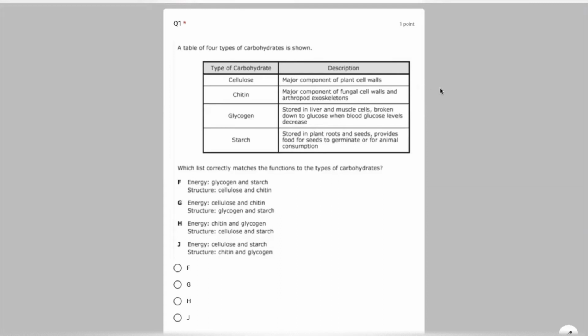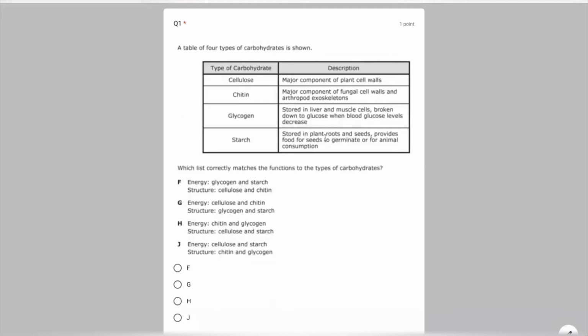F. Energy, glycogen and starch. G. Structure, cellulose and chitin. Energy, cellulose and chitin. Structure, glycogen and starch. H. Energy, chitin and glycogen. Structure, cellulose and starch. J. Energy, cellulose and starch. Structure, chitin and glycogen. So, as we know, it says that starch is used for animal consumption and for seeds